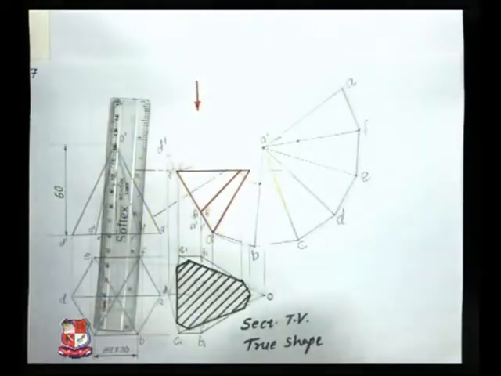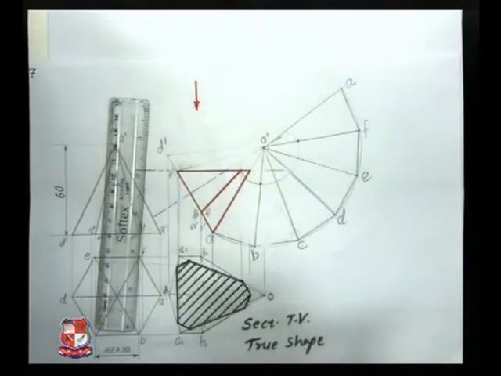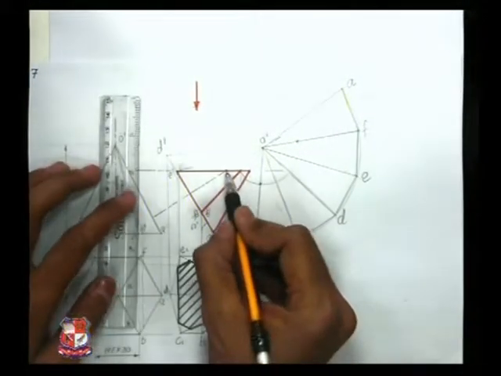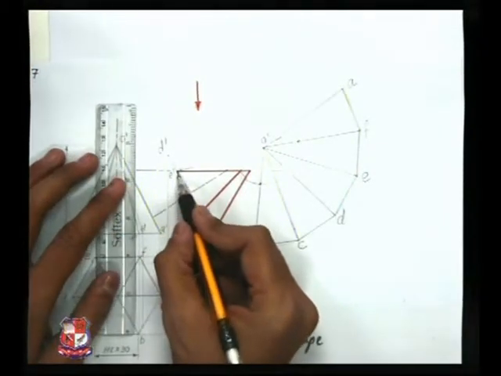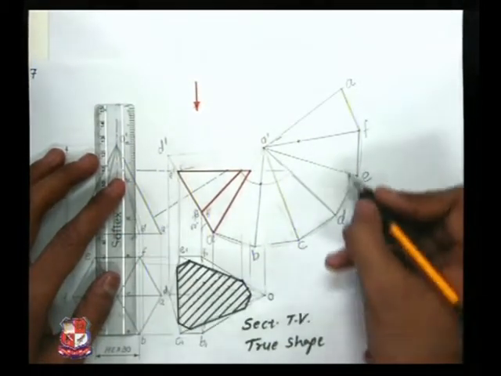2 points are identified. Then another 2 points, this point and this point. This point is on the circular base on E and C. So one is